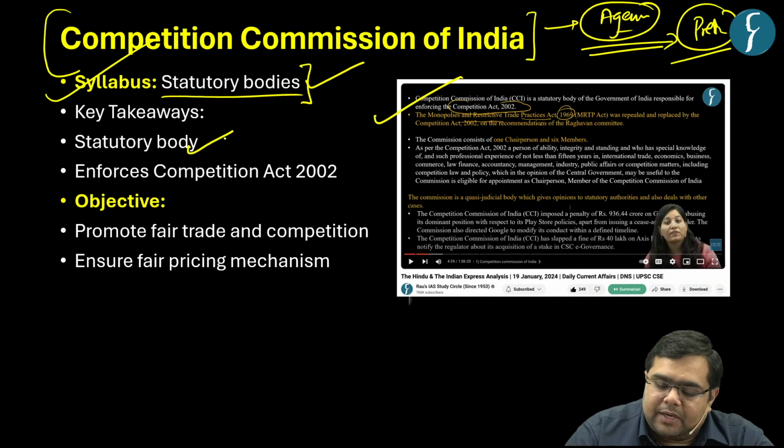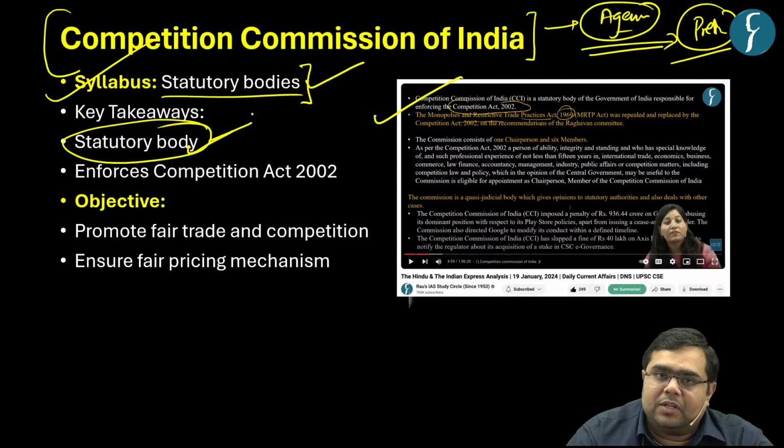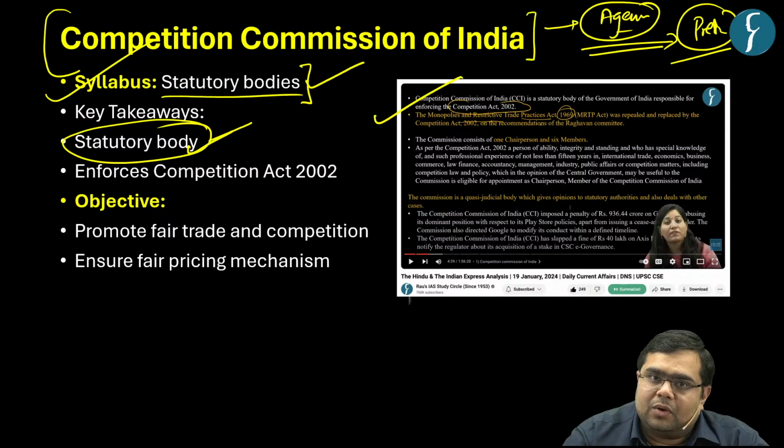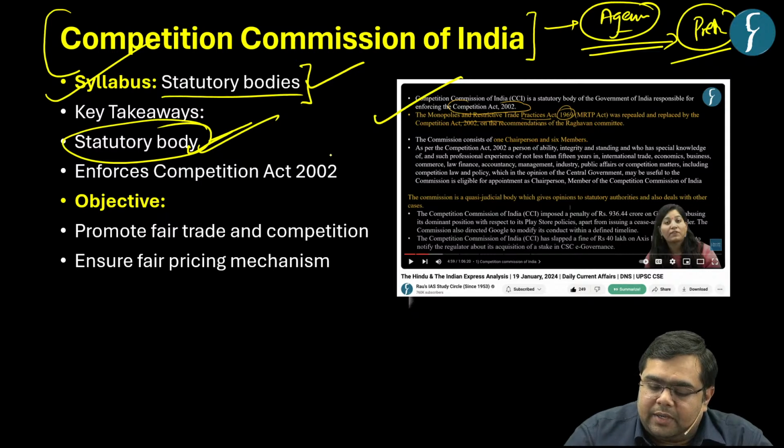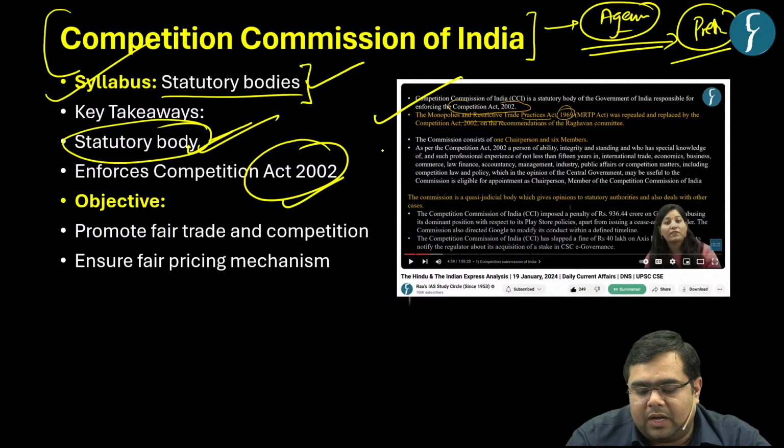First one being that it is a statutory body. What is the meaning of a statutory body? The body that draws its power, first its origin and then its powers from a statute of parliament or state legislature, right? So this is an example of a statutory body. It is the key body which enforces the Competition Act of